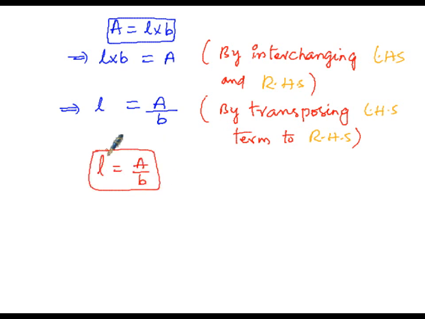In this regard the subject is L, since L is alone on the left hand side and its coefficient is 1. In this manner we have changed the subject of the formula, that is A is equal to L into B, to the subject L, that is L equal to A divided by B. Now let us perform one more example, that is